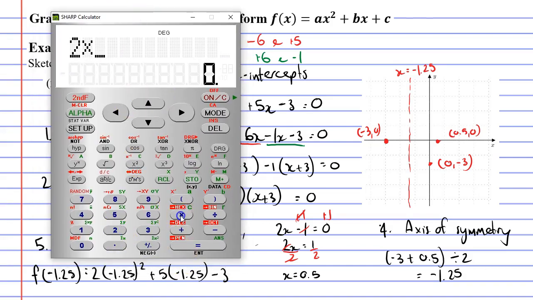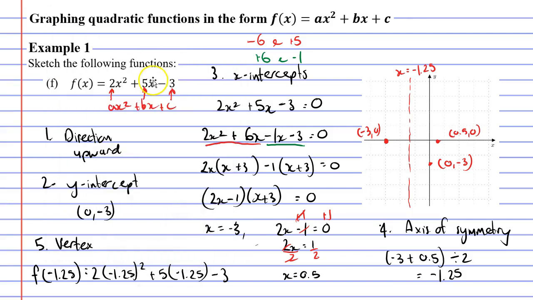All right, 2 times -1.25 squared plus 5 times -1.25 minus 3, and we get -6.125, which means that our vertex is going to occur about at this point here, which is where x is -1.25 and y is